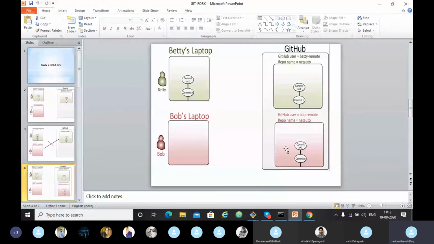He can edit it, delete files, change the code. He can do anything on his fork, but not on my repository. It is just a copy of my repository. Whatever is here, he will have it too, and after that, he can make any edits